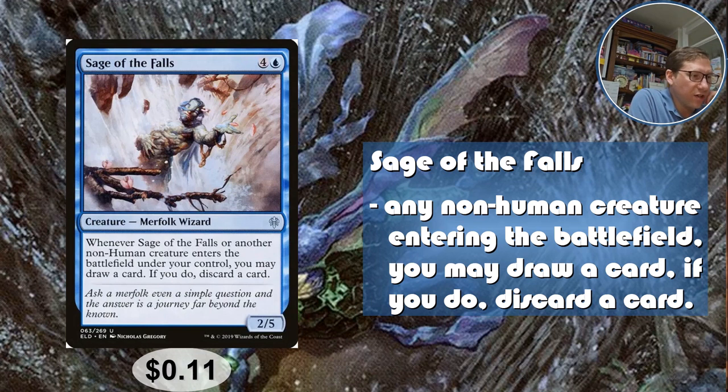Sage of the Falls. Okay, so whenever Sage of the Falls or another non-Human creature enters the battlefield under your control, you may draw a card. If you do, discard a card. So it is 4 and a blue, so it's not cheap, and for a 2/5, that's not great. But the ability, every time a creature enters the battlefield, not just when you cast a creature, even if you're making tokens,